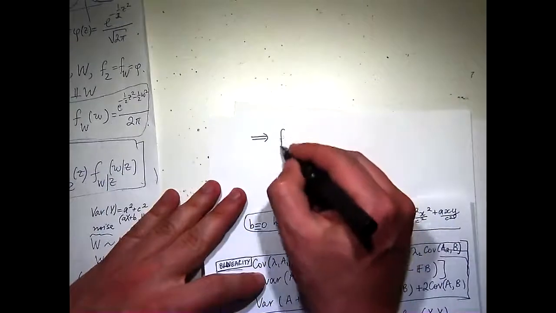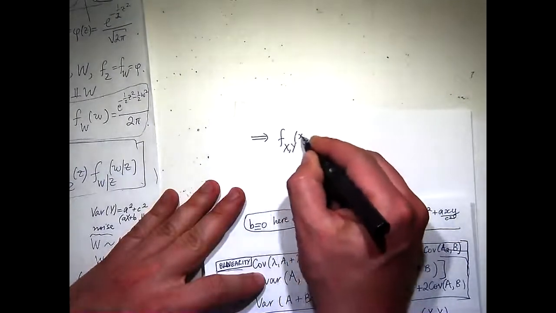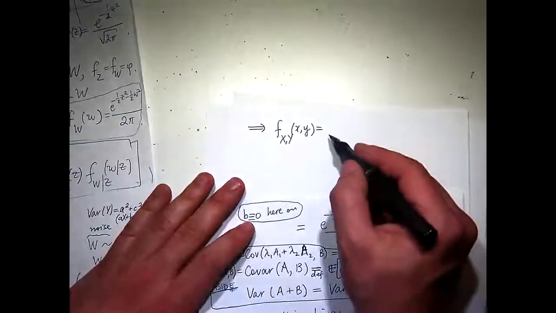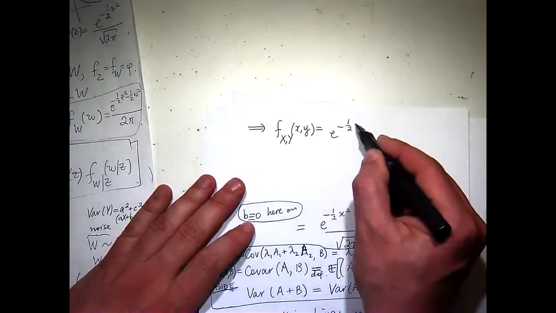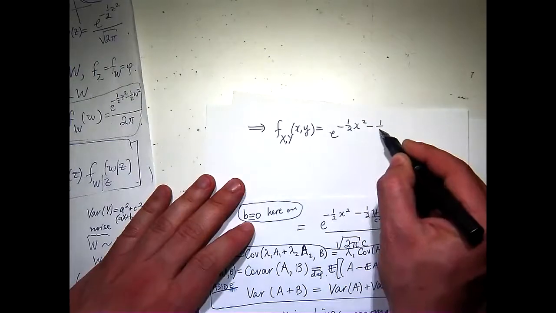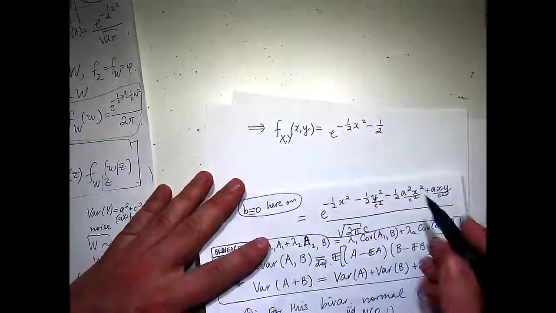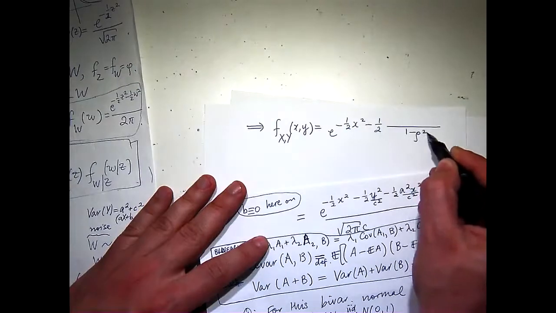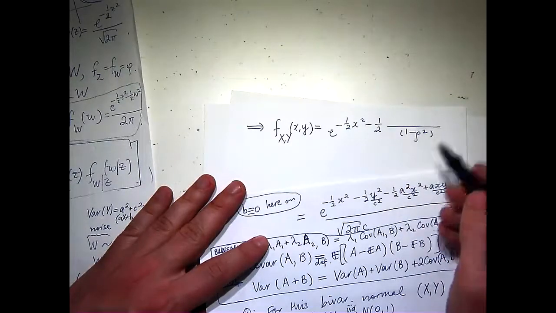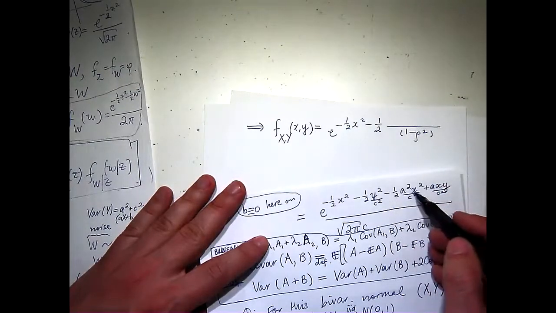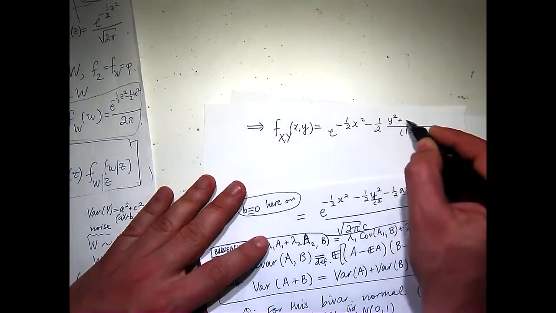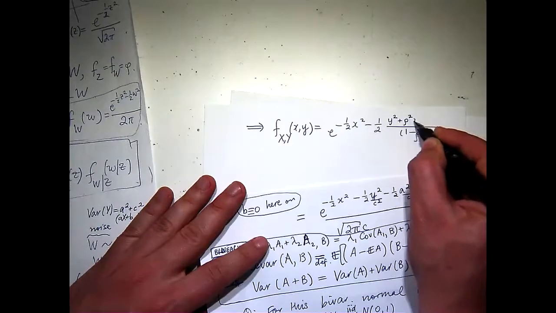We already have the expression for the density. f_{X,Y}(x,y) is equal to, copying from before, e to the -1/2 (x squared minus ...). Unfortunately, all these c squareds are going to survive. So c squared is 1 minus rho squared. And I'll have y squared, a squared x squared, so that's y squared plus a is the same as rho, so rho squared x squared,